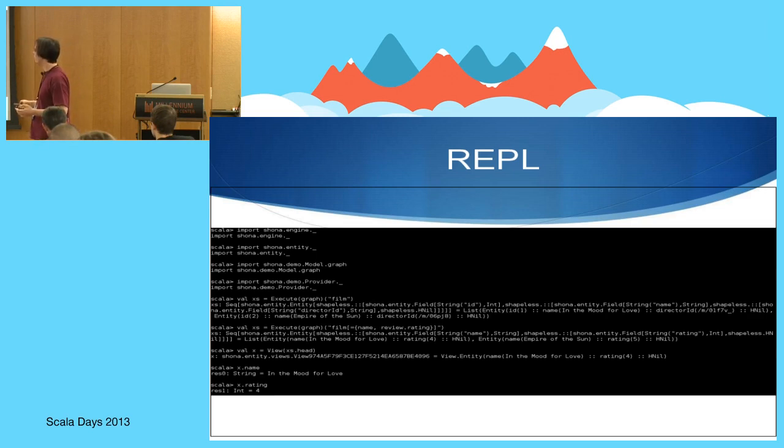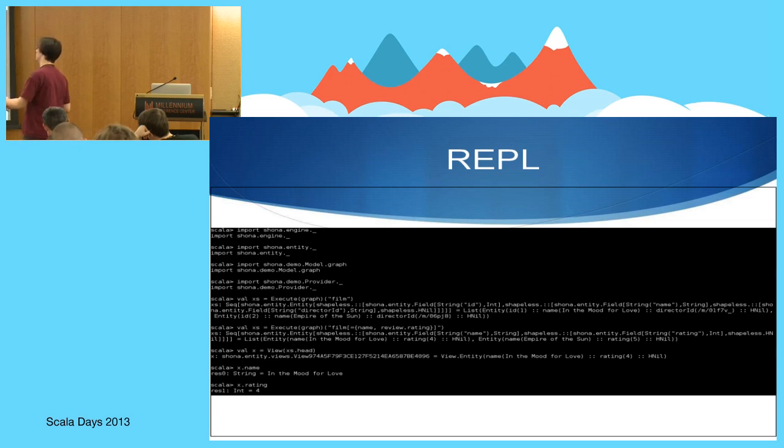We give it the graph, and here we give the JSON query. So here we just ask for films. Actually, here we have a very interesting type, but at the end we see that we have a list of entities with the name of the movie and the other fields, like the director ID and the other information. Then we can do a more complicated JSON query where we actually define a mapping. This is a query we saw before when we asked for film, but we ask precisely for the film name and the review rating. In the same way, we get back the entity with the name and the rating for each of them.